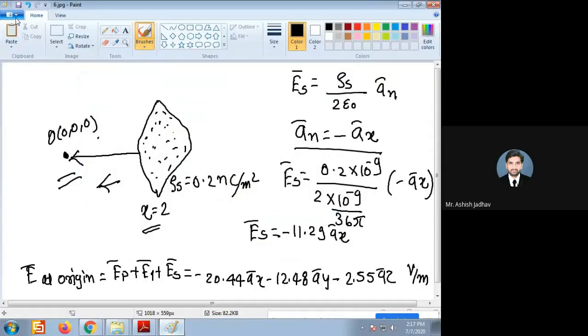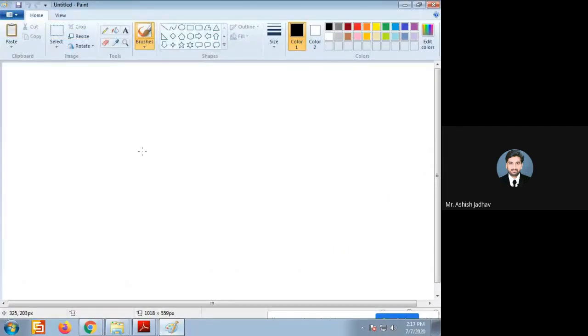Next, a similar example we will take for solving this. Calculate the electric field intensity. Next example, take a note of this. Calculate electric field intensity E bar at point